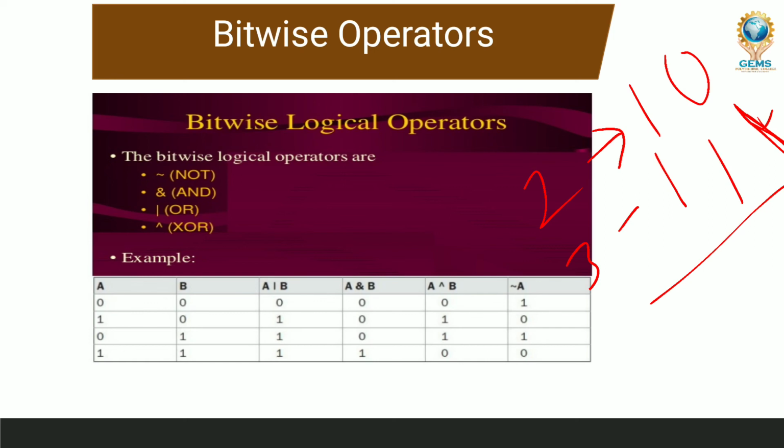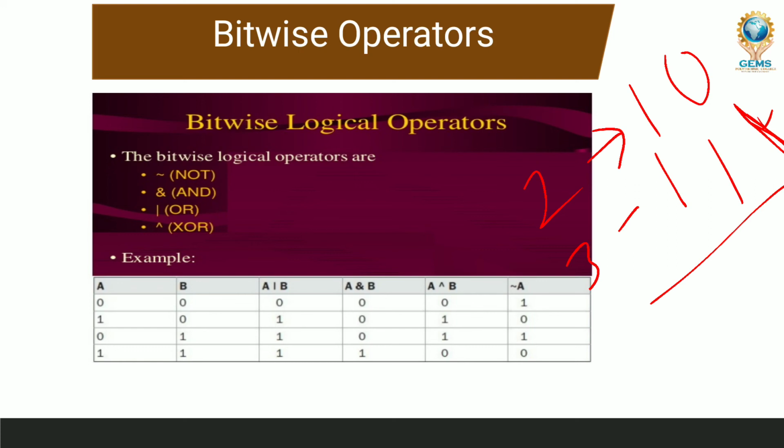Before applying the OR operator, we have to know the truth table of the OR operator. This is quite opposite of the AND operator. In the AND operator, when both are 1, the answer will be 1, and in all remaining cases it is 0. But here, only when both are 0 is the output 0. In all remaining cases, the output will be 1.